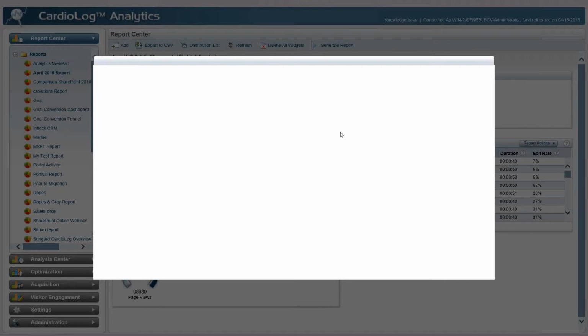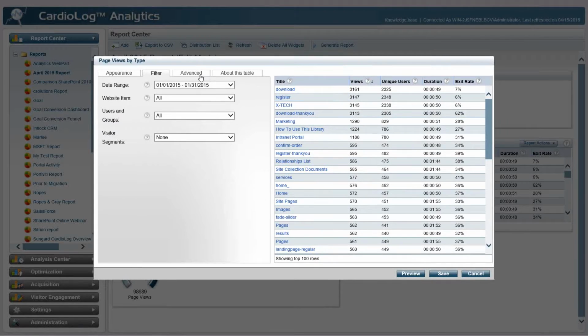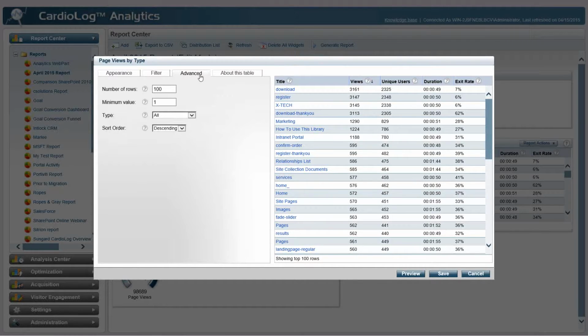And it's also very, very easy for a user to customize these widgets. No need for any IT background. We just double-click on one of these widgets. By default here, we're showing the most popular content within our environment. But you may want to show your users, your farm owner, your site owners, what content is least popular or what content has not been accessed at all.